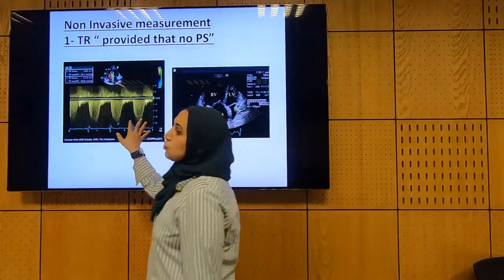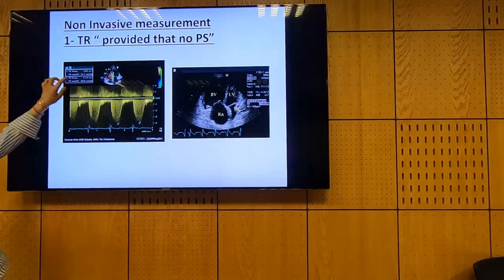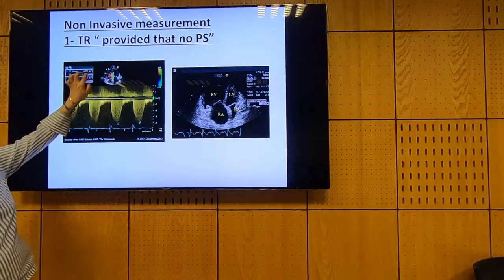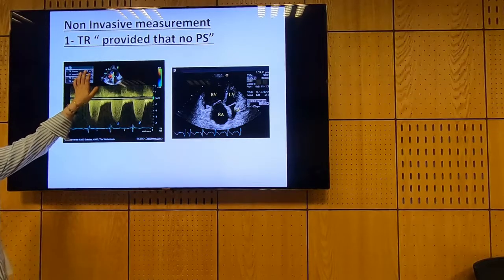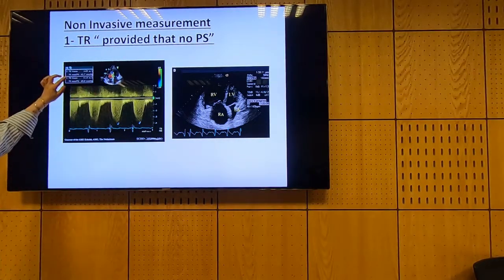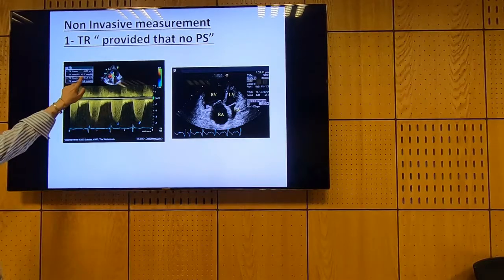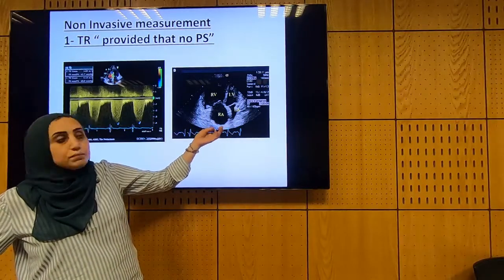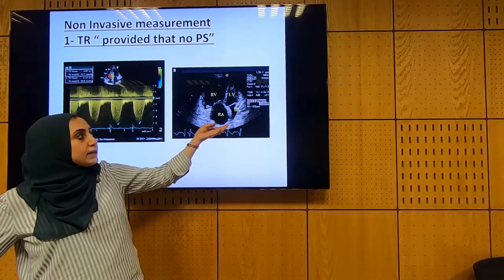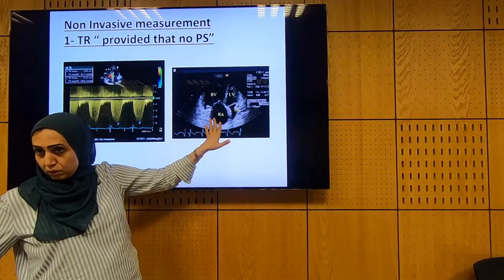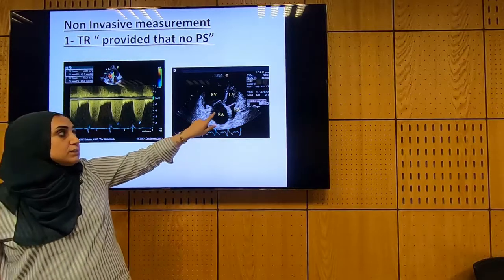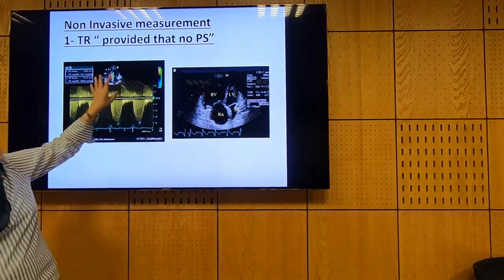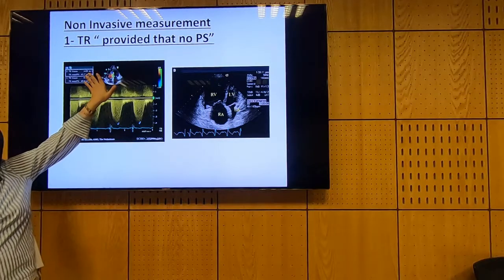So this is tricuspid regurg, a systolic event. We have it here. The tricuspid regurg velocity is 4 meters per second, and the machine does the calculation for us. It applied the Bernoulli equation and said that the pressure gradient is around 65. The right atrium here is not small and not that big, so I'll give it 10, for example. Do you understand? The pressure here is 10, and the pressure gradient between the right atrium and the right ventricle is 65. So the right ventricle systolic pressure is